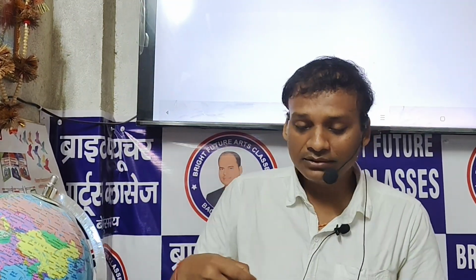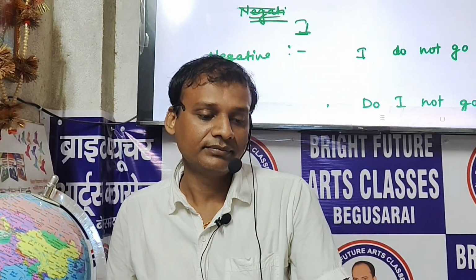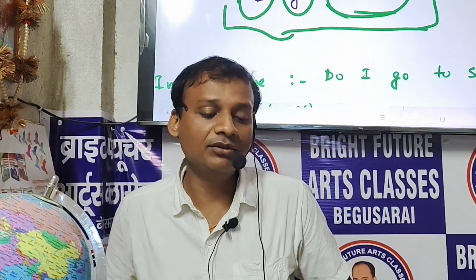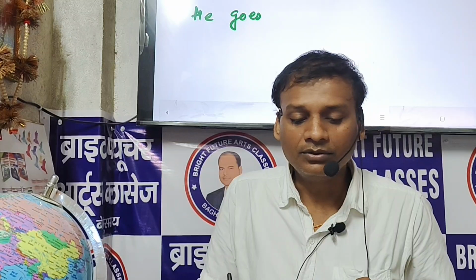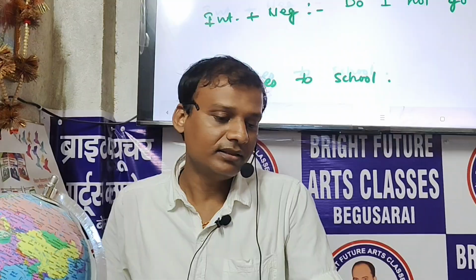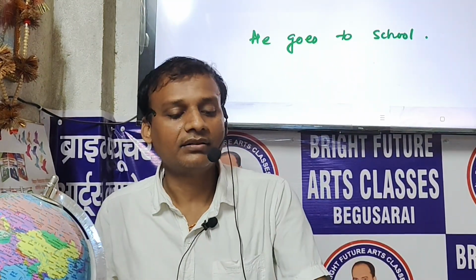Now, as a question, see, I am proceeding to the next part so that you can understand the use of do or does. Better if you know this. What was the sentence? I go to school. Okay, change it. Write there: he goes to school. Now try to write this sentence in all three kinds: interrogative, negative, and interrogative negative. Try once. Now see, because the subject is similar. Similar means what? One.